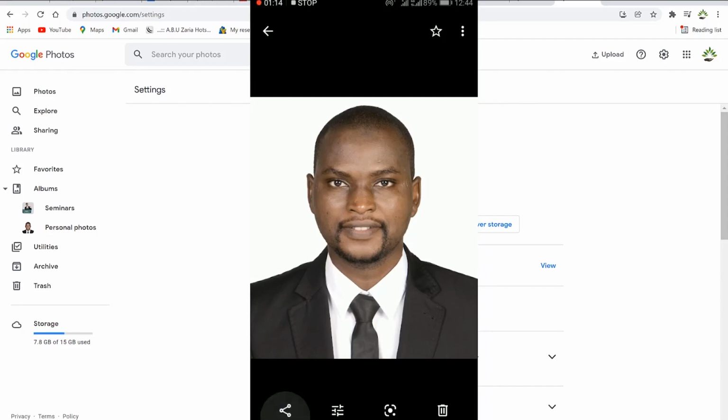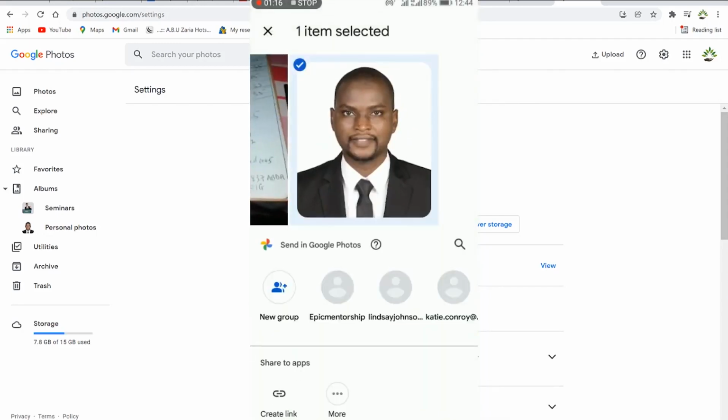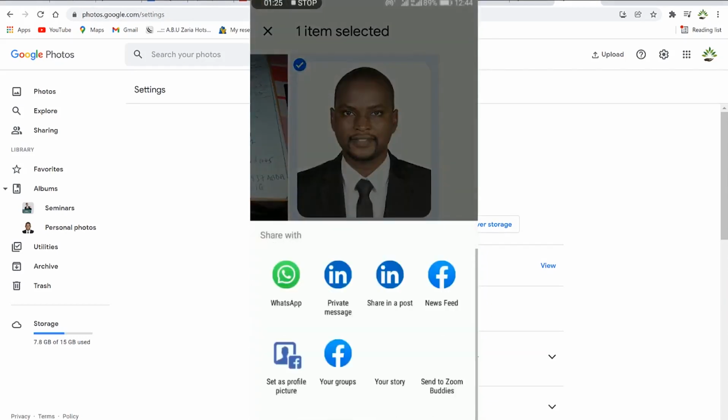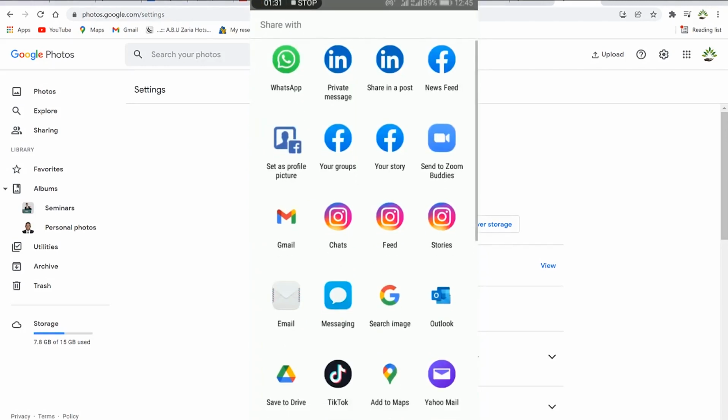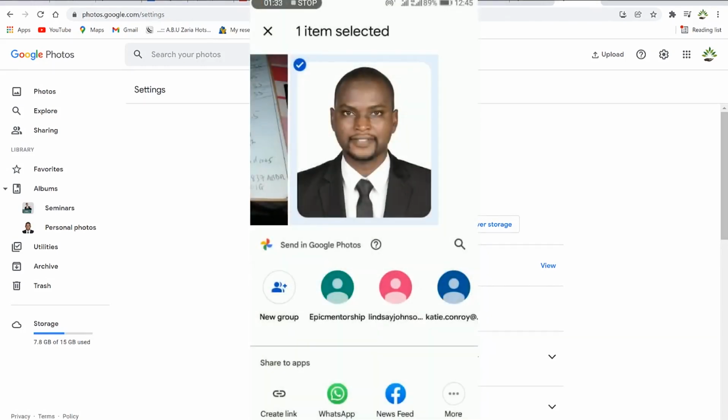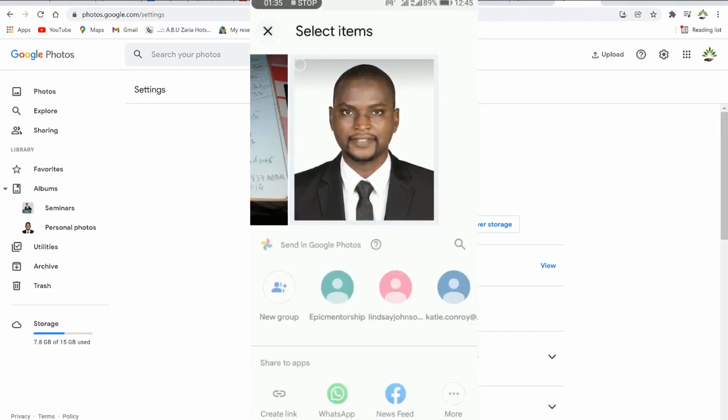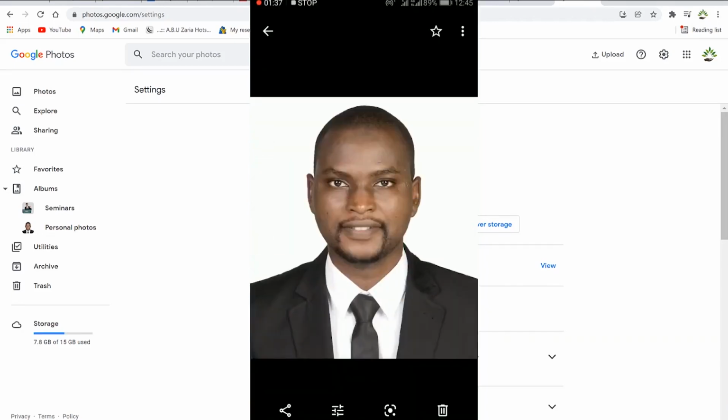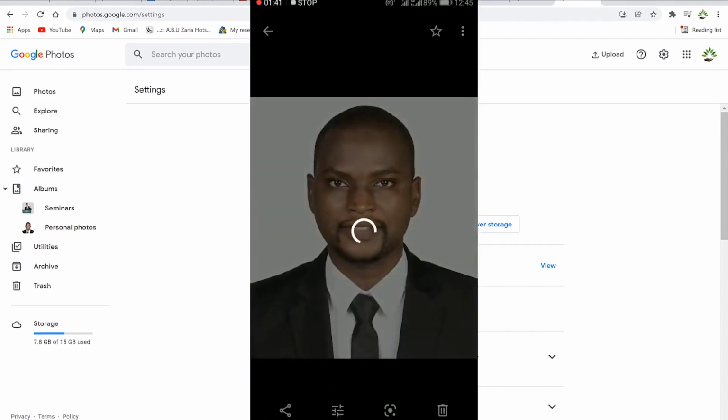Once you click on share, you can copy the link, you can share to groups, you can share on WhatsApp, Facebook, and many more. You could check out many options, and you can share again on LinkedIn, Facebook, Instagram, and many more. All this you can share on directly. All right, so this is about sharing. And once you come back to the main photo, you can edit the photo by clicking on this edit, and